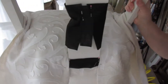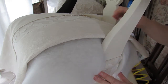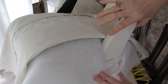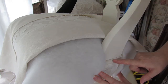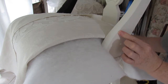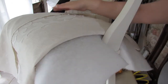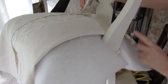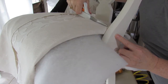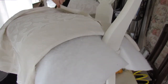Now we've got the back nice and tight. Now I'm going to be working on the side panels. And what you need to remember is do not take the center of here, at the center of this white piece. It is actually down here. So you have to draw an imaginary line up, and that will be your center mark to cut to. I also fold the fabric in a band across so that it runs level with the inside panels here. I'm going to cut towards my imaginary line at a right angle, and I'm going to stop about an inch before I need to start tucking down. The same on the other side,